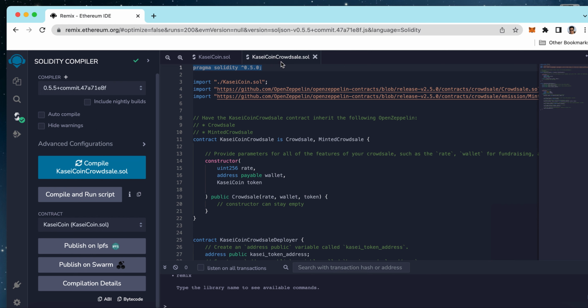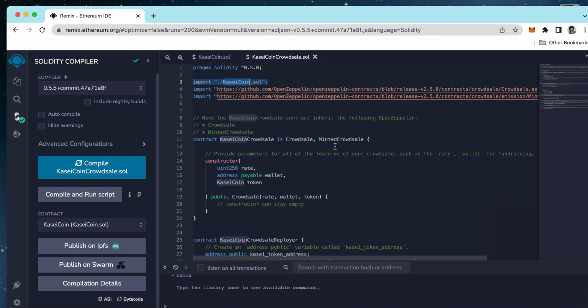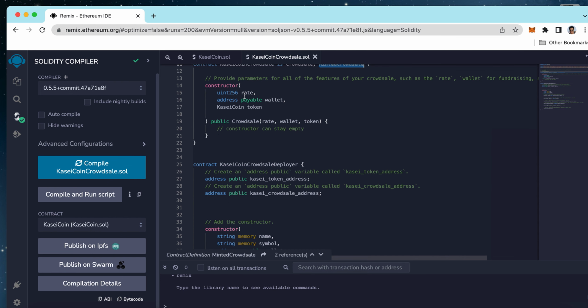This contract is the Crowdsale contract, which imports the KC coin contract Solidity file, and again it has the required imports from OpenZeppelin related to the Crowdsale and the mintable Crowdsale. This class extends the Crowdsale and mintable Crowdsale. It defines the constructor, which takes in the rate, wallet, and the token, and passes the rate, wallet, and token